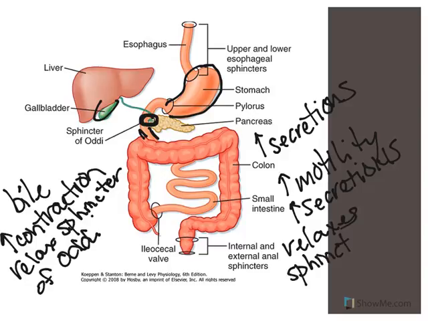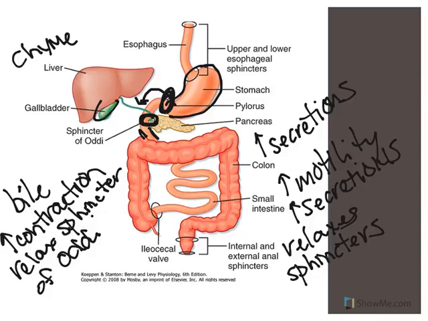This will be a common thing that we see with the parasympathetic nervous system. It relaxes sphincters. So this sphincter right here controls the exit of what we refer to as chyme in the stomach, which is like an oatmeal-like paste after you're done mixing up the contents of what you ate. It controls the exit of the chyme into the small intestine. What it does, it will relax it, because we want things kind of moving along as we go through the